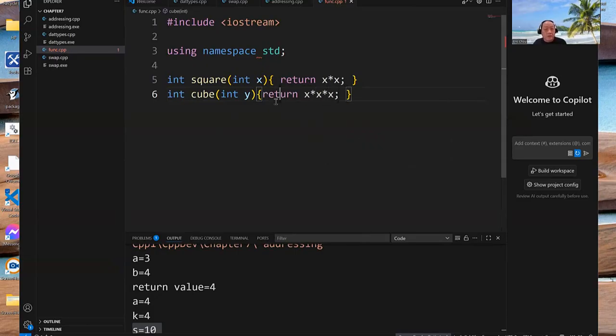Okay, so one is calculating the square, one is calculating the square. And then we do have